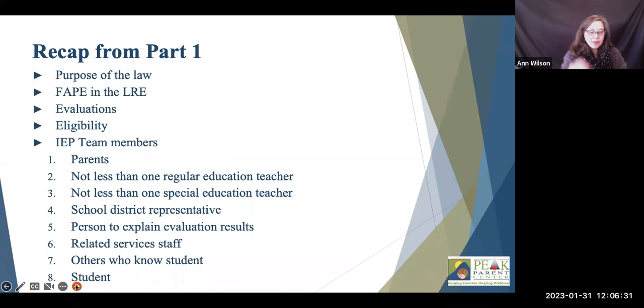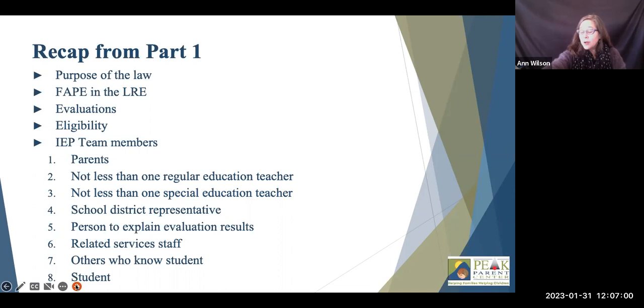Today, we'll be focusing on the content of the IEP. And in general, the IEP will be looking at where the student is currently, that baseline, and then talking about where you want to go in the next year and the plan to get there. Schools do use a data management system to document the IEP, so you will see a similar template for your IEPs. And just want to make sure that you're paying attention to each of those sections that we'll go over.